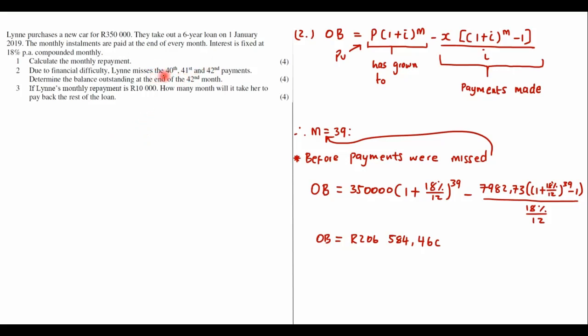And then what happened was Lynn now missed these three payments. Because Lynn has missed these three payments, the bank hasn't made any profit from there, right? So what the bank does is they want to come up with a new OB, the new outstanding balance. They will use compound interest to account for the payments that Lynn has missed. So in this case here, it is